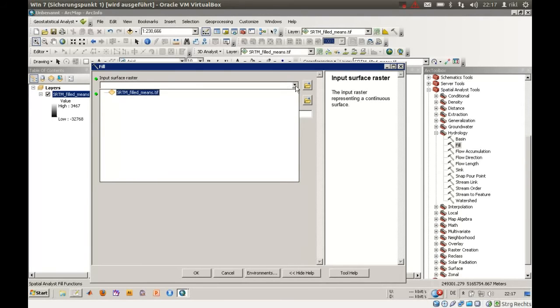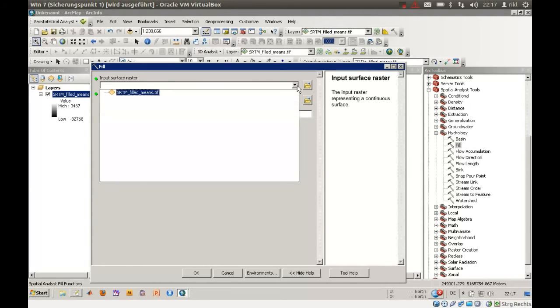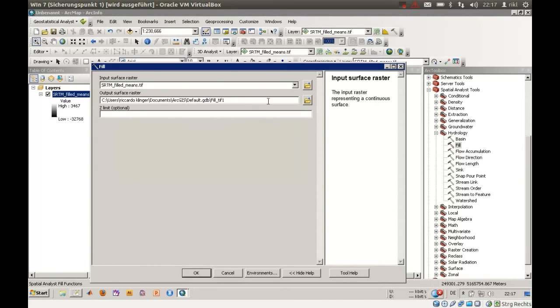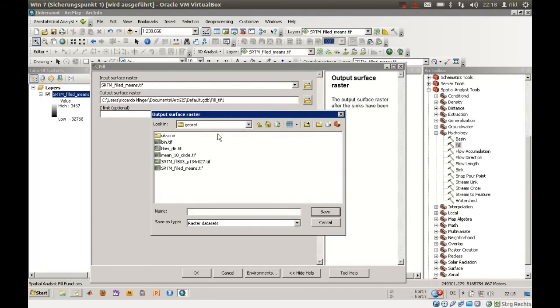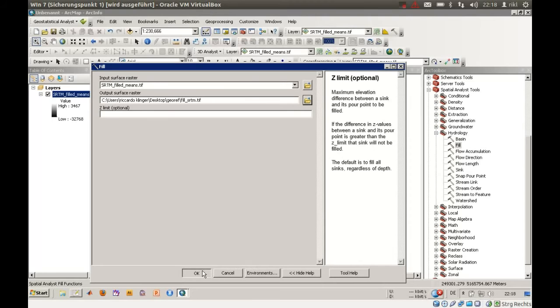But it's much not coarser but finer in its calculations. So we will use our input surface raster. So it's SRTM filled means. We will go and say, well, this is a filled SRTM dot TIFF, and there's something called a Z limit, maximum elevation difference between a sink and its pour point to be filled. The default is to fill all sinks regardless of depth, which is quite common. So we will use that,